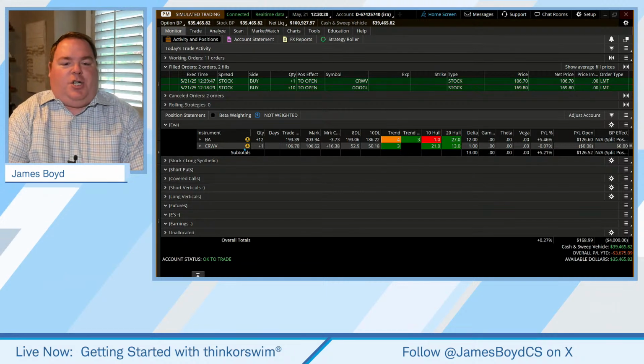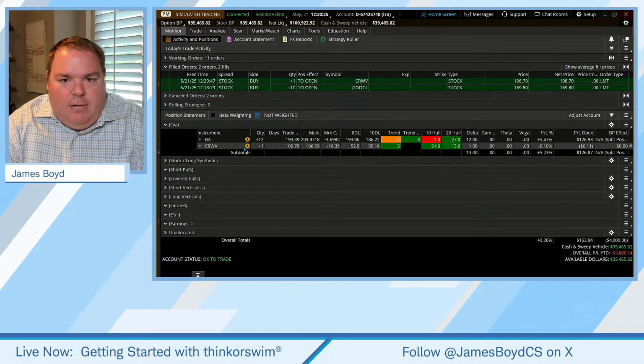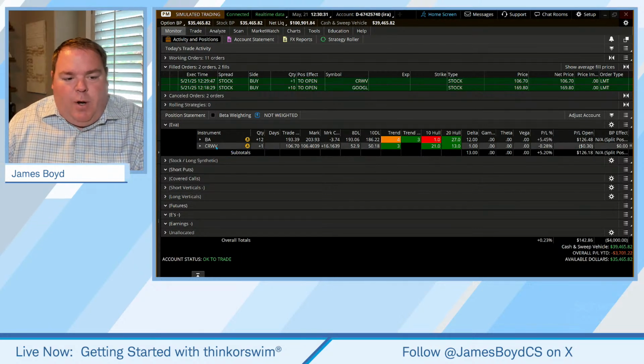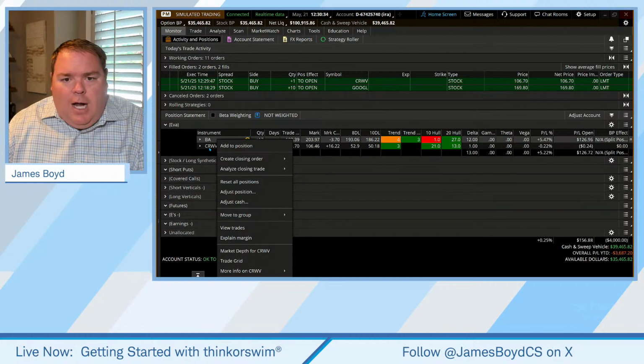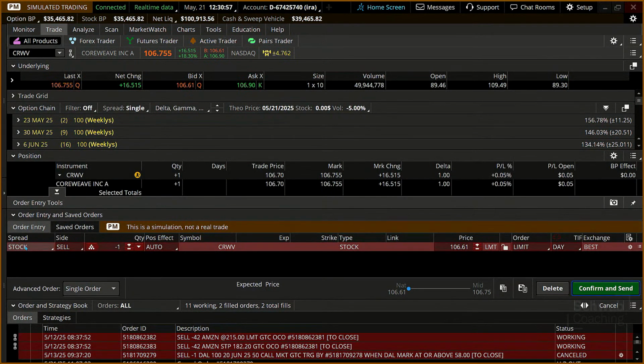But let's say the investor says, James, I want to, for example, sell my shares of BA, or I want to set a stop on my position. Well, the biggest thing we really need to do is we could just right click on any of those rows, and it's going to say create a closing order. If we said, James, I just want to get out, right click, I'm going to pick this top row. If I right click on that symbol and just click on sell, pick that top row, it's going to take us back to the trade tab. Why? Well, because we're doing a trade. What is the trade? It's in red, which means we're selling the one share.